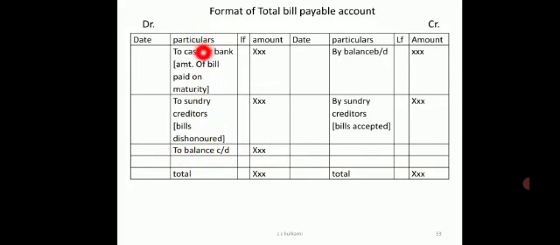So on the credit side we have three entries, and on the debit side there are only two entries, that is new bills accepted and the opening balance of bills payable. Whereas on the credit side, matured bills which have been paid during the year, dishonored bills, and the balance carried down. So again here we are having increase in bills payable credited, decrease in bills payable debited.